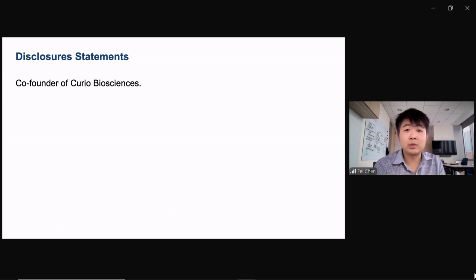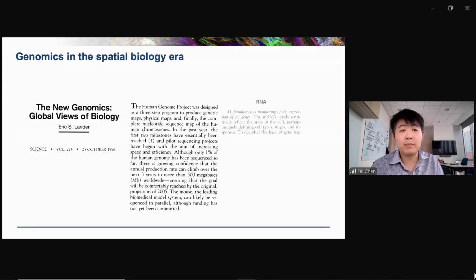Okay, with that out of the way, let me just preface this talk by saying I think we're in a place of revolution for genomics, and for pathology and looking at tissues in general. If we take a step back, this is an article that was published by Eric Lander as a perspective in Science right before the human genome was sequenced, about what genomics meant. And he outlined a couple of different ideas for what we could do with genomics. This is almost exactly 30 years ago, 29, I guess.